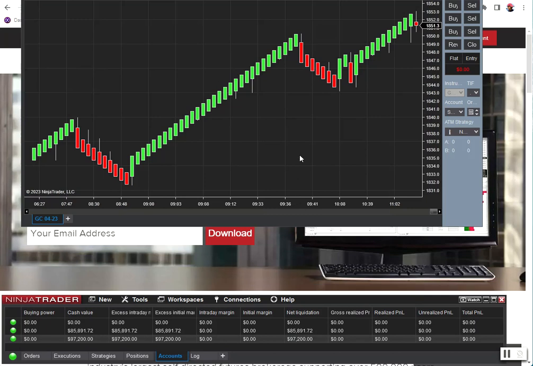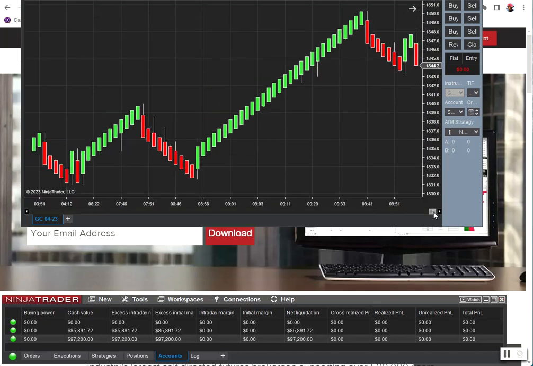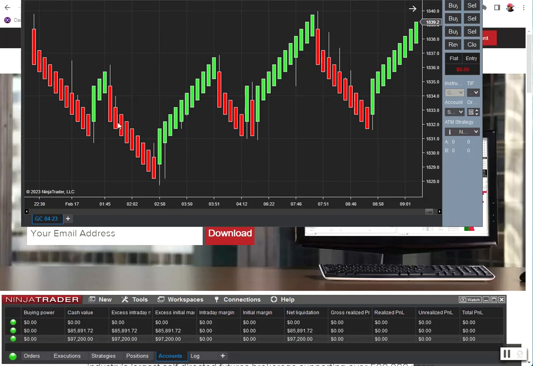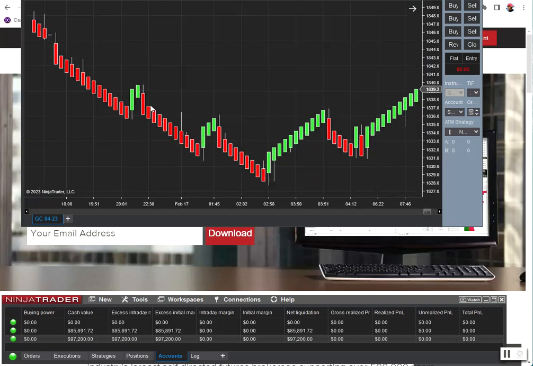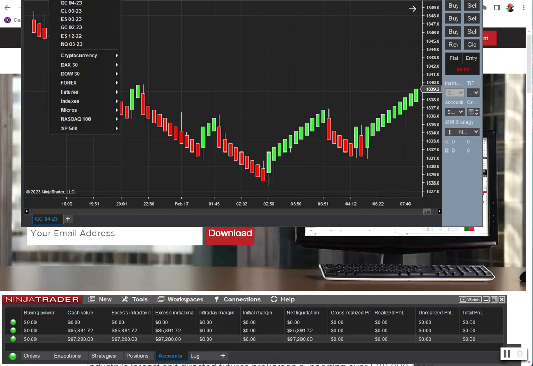This is a chart that I created previously. It's a gold chart, and today the market is closed, so the market's not moving, but the chart looks just like this. Green means up bars, red means down bars. This bar is called a Unit Renko bar, and this is a customized bar for gold. Our strategy works on this bar type only. It's a price action bar. It's not a time-based bar. A time-based bar has different bar sizes based on time. It means if you run a 1 minute bar,